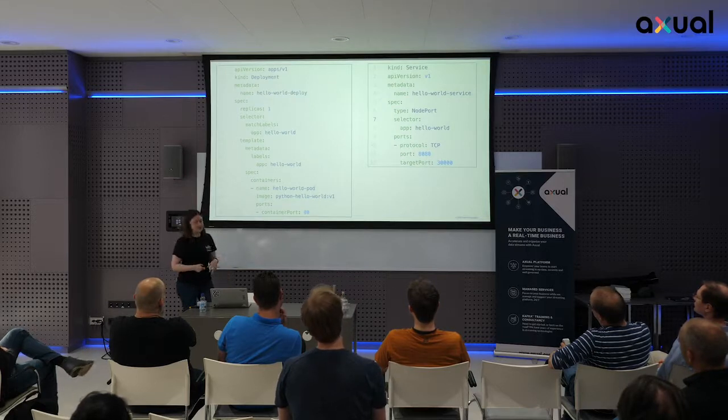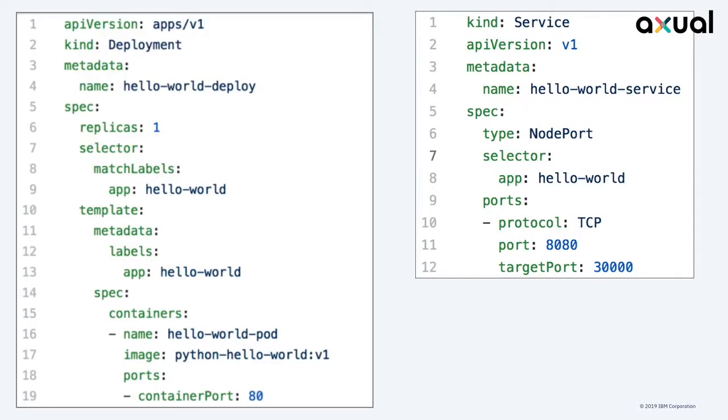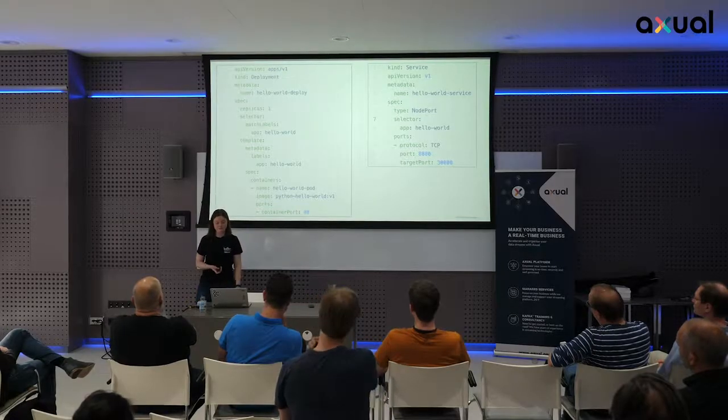Services and deployments are defined like this, so it's just a YAML file. Once you've written these a few times, hopefully you'll have some templates to get started, because it can take a little bit of time to write them every single time. But you can see here at the top we've got it defined as a deployment, and you provide things like the number of replicas, so that's the number of pods. And then for a service, you can see it says kind service, and you can provide things like where to route to.